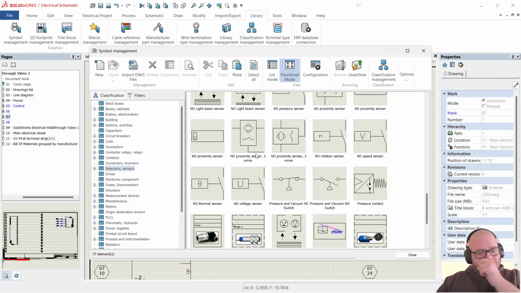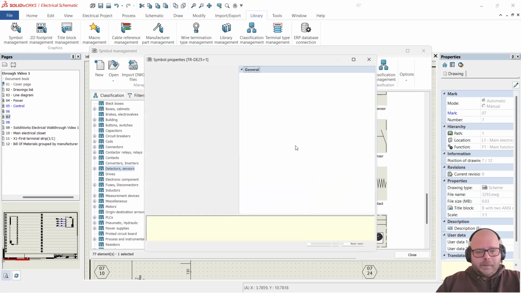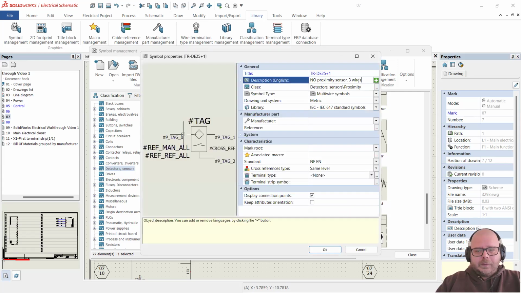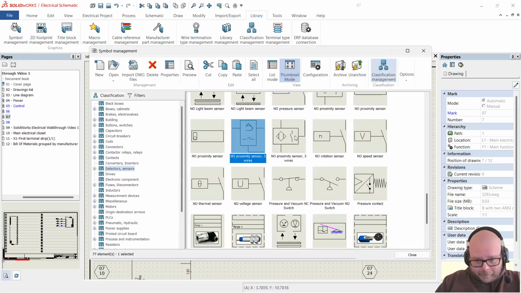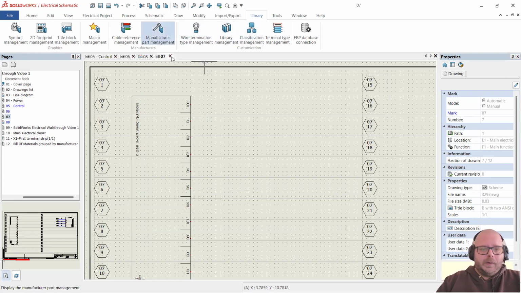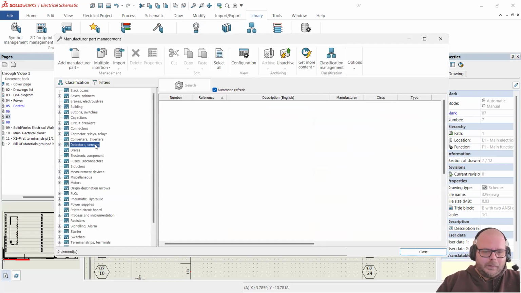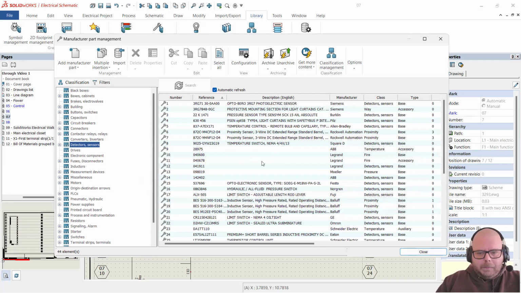What I would normally do is if I had changed the circuit type to miscellaneous to match the part, I would have added it to this description, and you can do that just by opening the properties. That's the description you see. I would have added like miscellaneous circuit type to tell me when I'm looking in this window which one is which. But I don't need to do that because I'm just going to go ahead and change that Allen Bradley part number. Detector sensors,